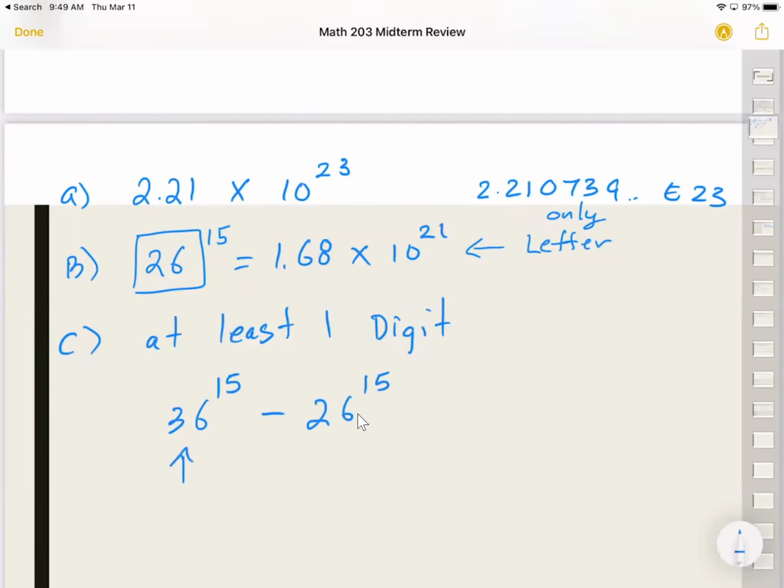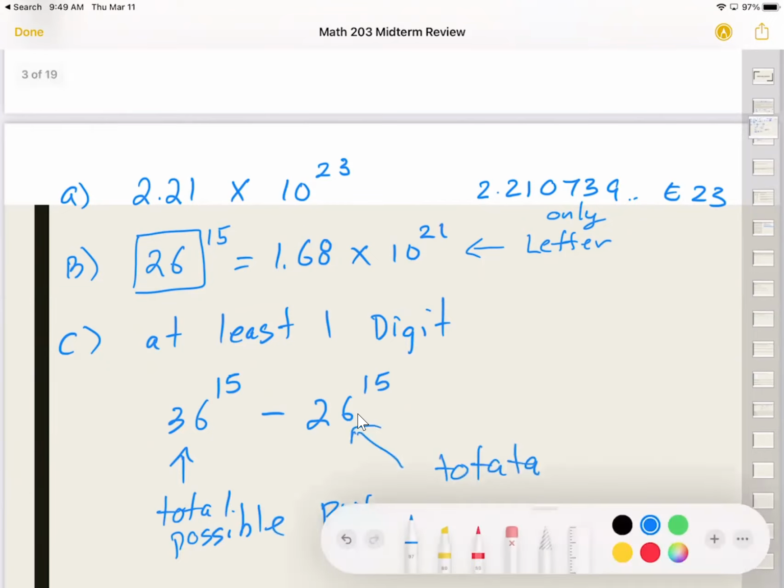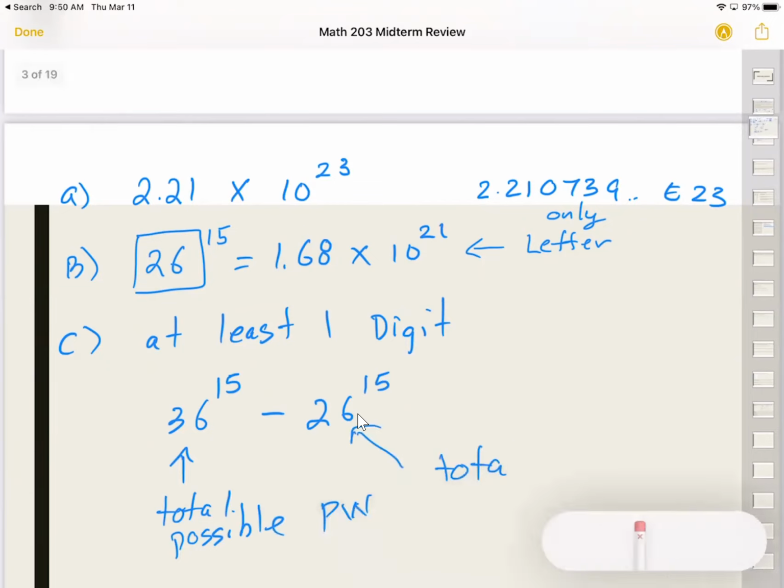Why? Because this is the total possible passwords you can have that include letters and numbers, minus the total passwords that you can have in terms of only letters, right? This is the total passwords that only has letters. So, total possible,